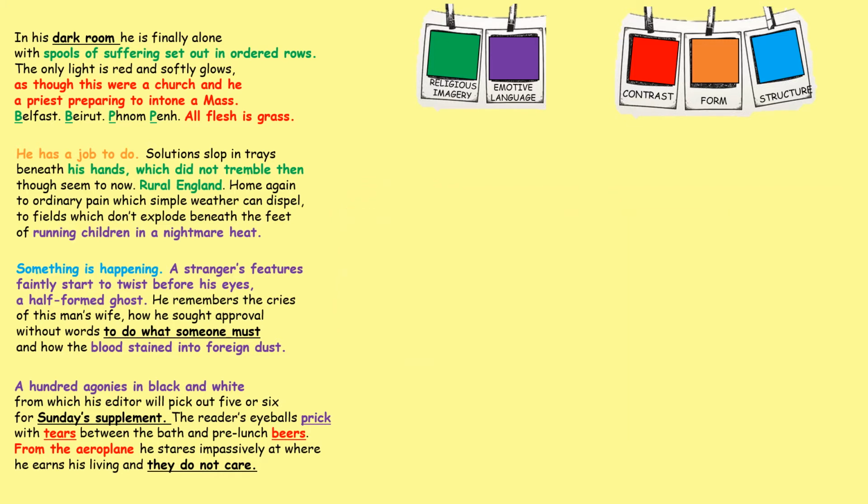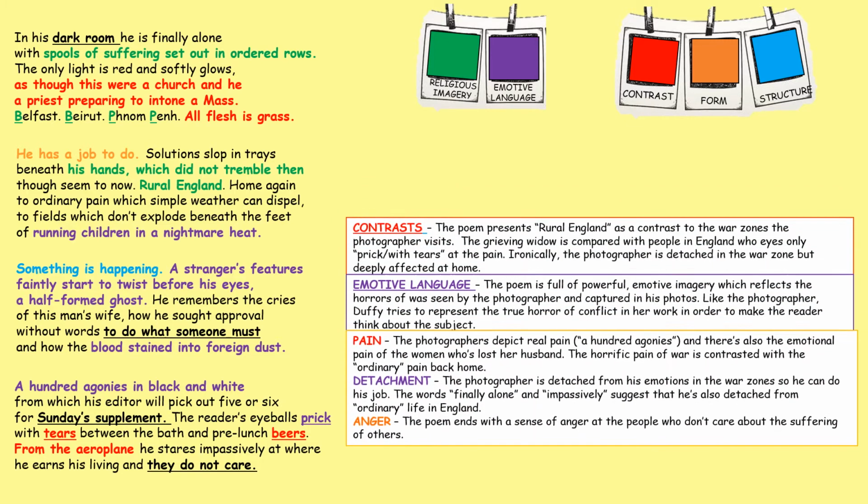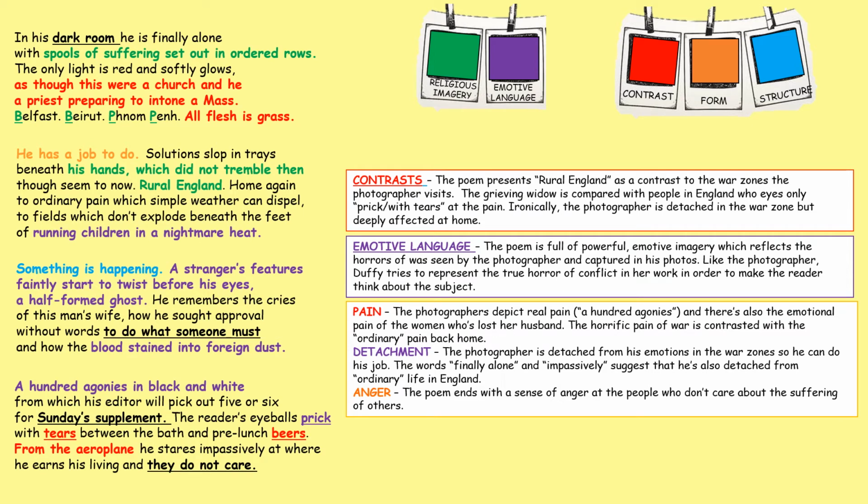Okay, so hopefully you've added some notes from that section into your own poem, and now I'm going to move on to the next three sections. So we have contrast, examples of which are shown in red. So it presents rural England, as I spoke about earlier, as a contrast to the war zones the photographer visits. So rural England here that we know is obviously very different to those kind of war zones that